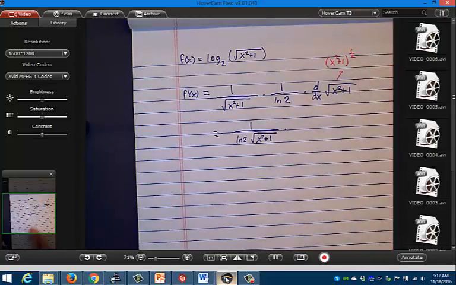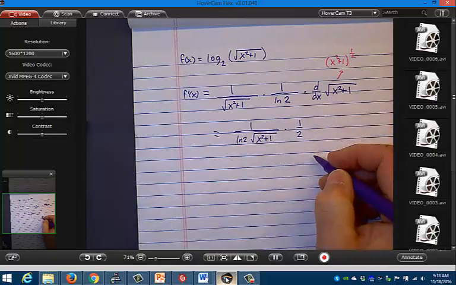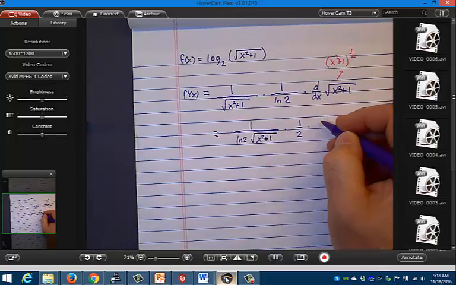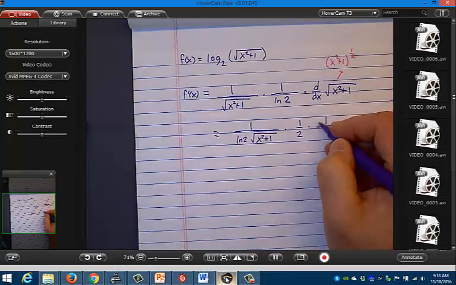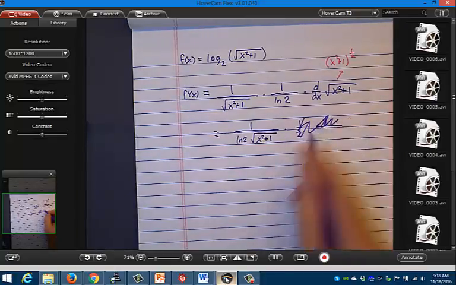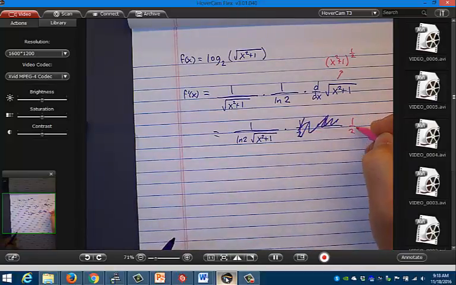So here I go, bing, bing, bong. Okay, the other piece I'm multiplying by is 1/2, x squared plus 1 to the minus 1/2, and then